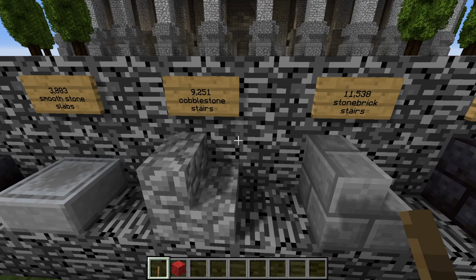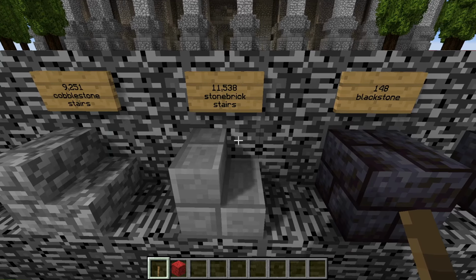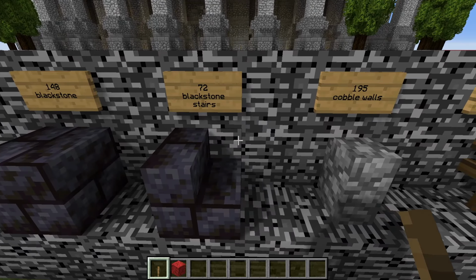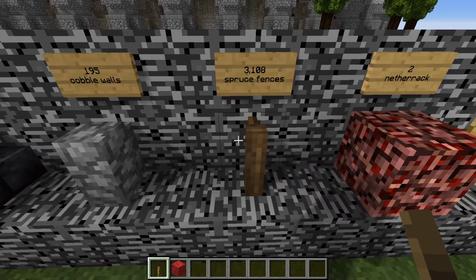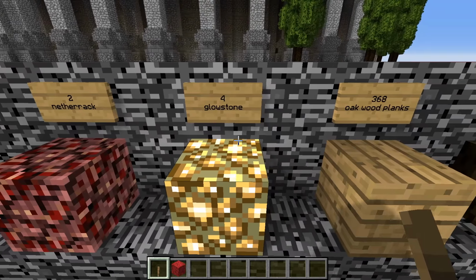There are 9,251 cobblestone stairs, 11,536 stone brick stairs, 148 blocks of blackstone, 78 blackstone stairs, 195 cobblestone walls, 3,108 spruce fences, 2 blocks of netherrack, 4 blocks of glowstone,